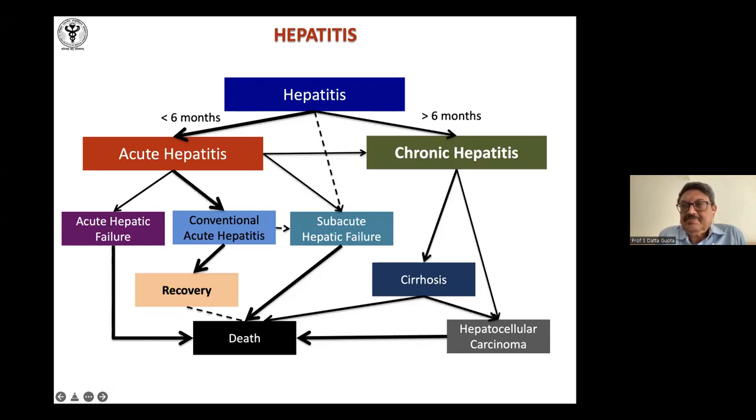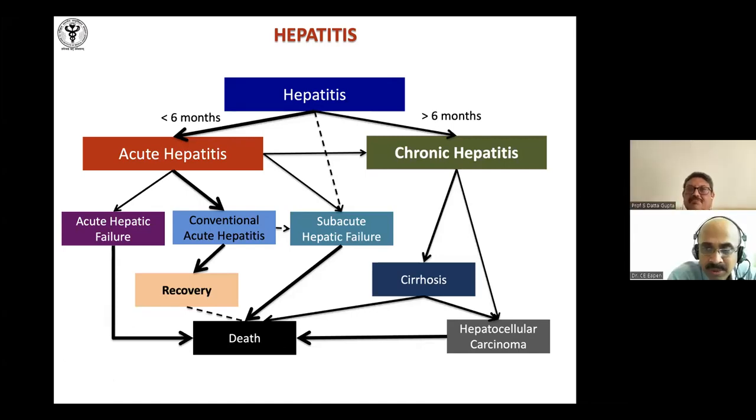I think some questions are coming in. Let me start with one or two questions from my end. First, you've described a series of stains which are done on liver biopsy. Would you recommend that all biopsies have all stains, or is there a standard set of stains and some more depending on the clinical scenario? How do you go about it?